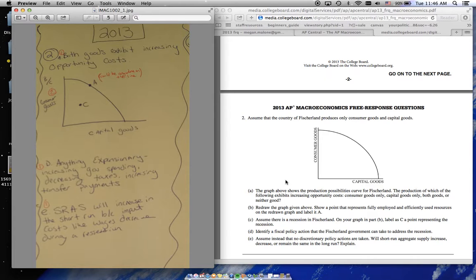And then finally, part E, assume that instead we took no discretionary policy. We decided to just wait it out and see what happens. What should happen to aggregate supply in the long run? It will increase in the short run because of the input costs, right? So wages and various things are going to decrease during the recession, etc. So it's cheaper to hire people because there are more people that are unemployed,